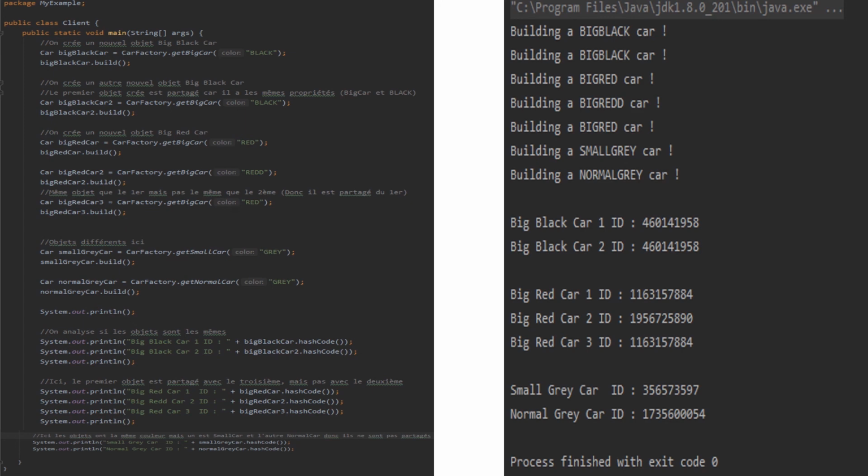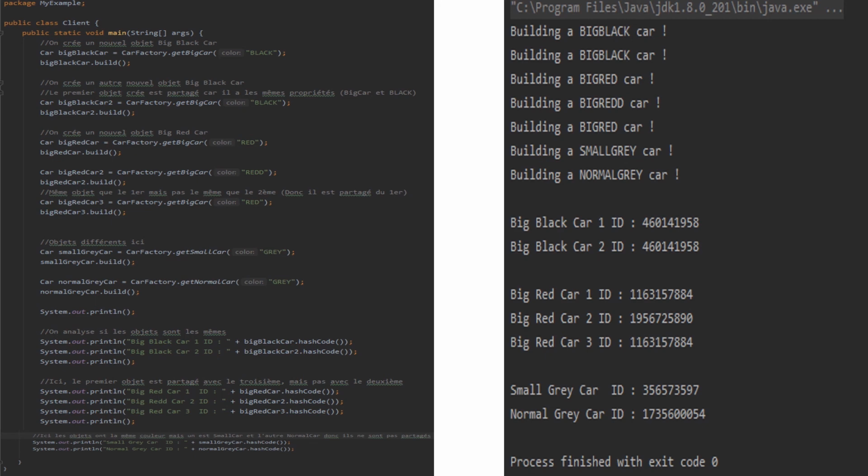Then I created three big red cars. The first one with the color red, the second one with the color red with 2D, and the last one with the color red again. As we can see on the output, big red car 1 and big red car 3 have the same ID because it's a shared object, and big red car 2 has a different ID.